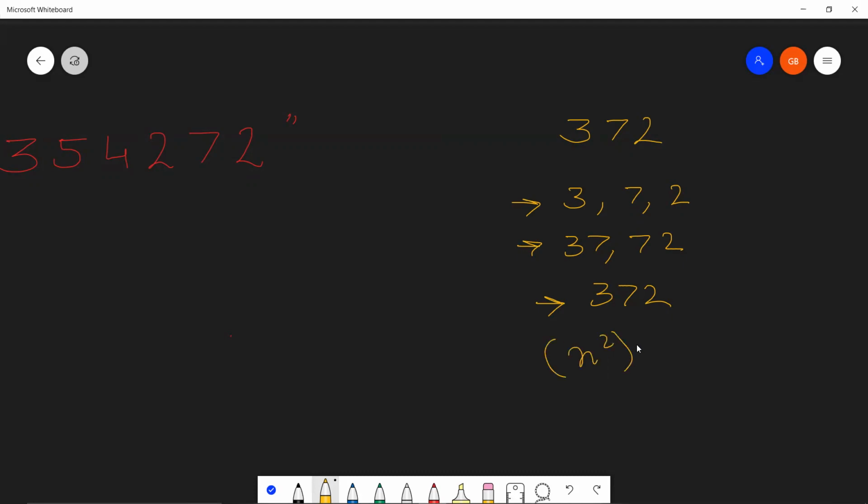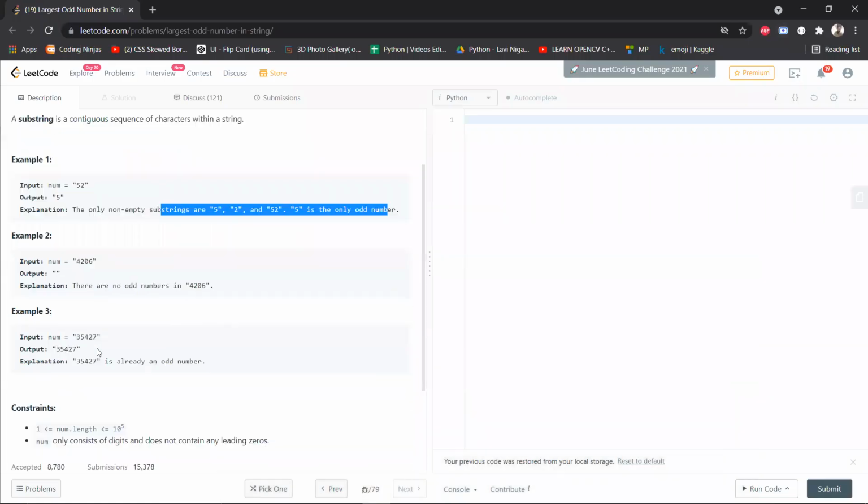Then another loop for comparison, or maybe you'll perform the comparison inside this loop itself. You would only consider 7, 3, and 37 as these are the only odd substrings, and you will conclude that 37 is your largest odd substring, and return its value.